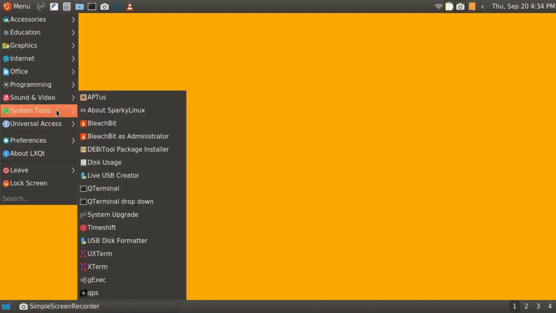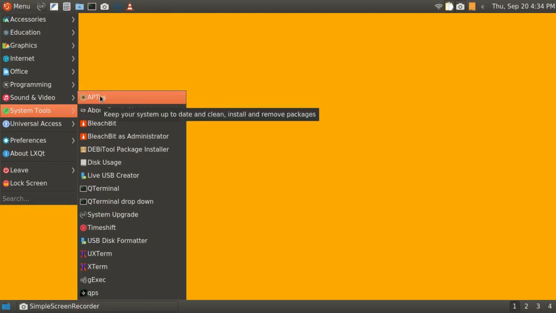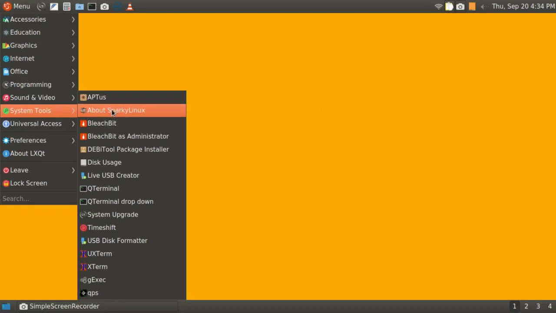Under System Tools, you have AppDots. I'll go back to that. That is a package manager. You have About, SparkyLinux, BleachBit as administrator. Now this is DebitTool package installer. I haven't tried that yet. I assume it's something like GDebi. Disk usage, Live USB creator,